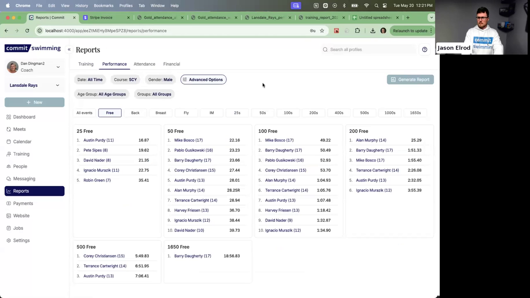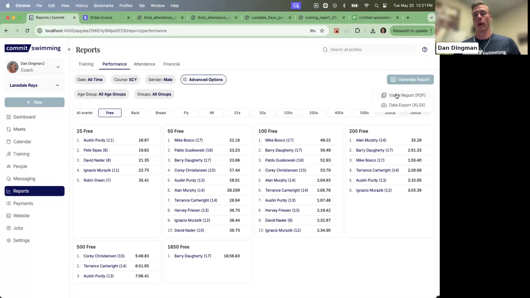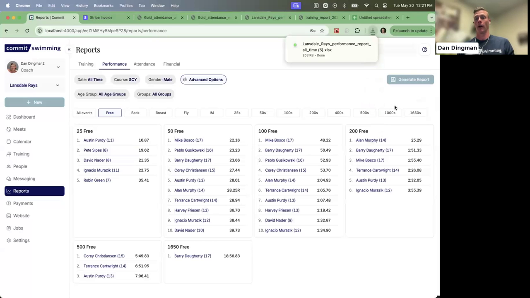Sure. So the first thing to note is that this screen is not live in the app yet. It's the old performance report. This is coming soon, but it's not out the door yet, so you do not have this button in your account today. Starting hopefully sometime next week, there will be this generate report button, which you can export to Excel. I just don't have Excel on this computer, but if you open this file, it would just open up in Microsoft Excel.